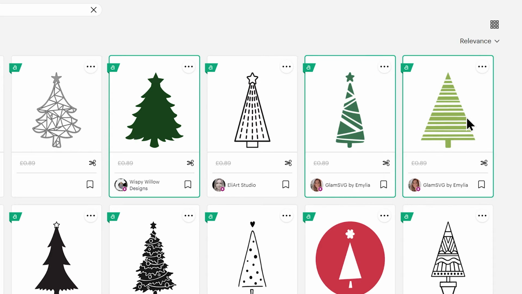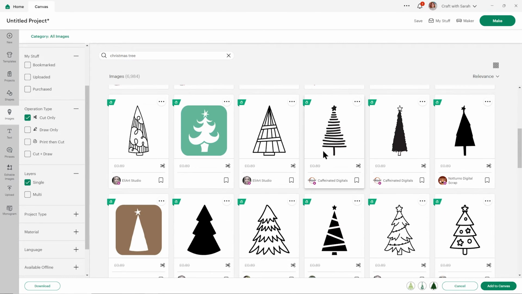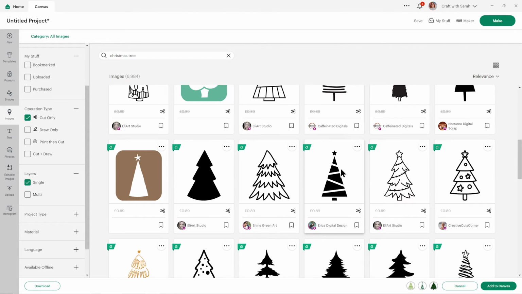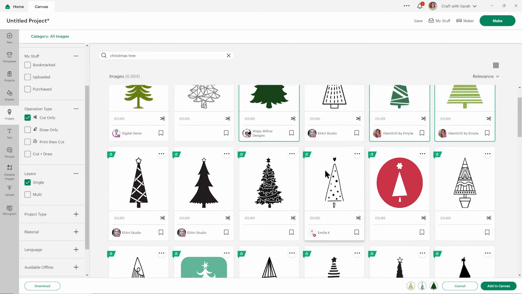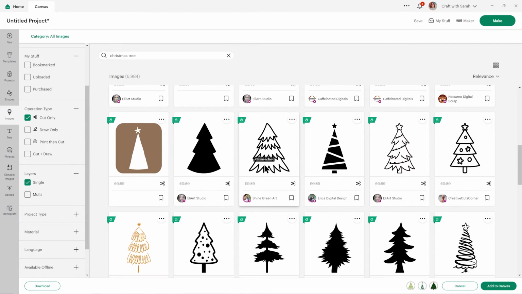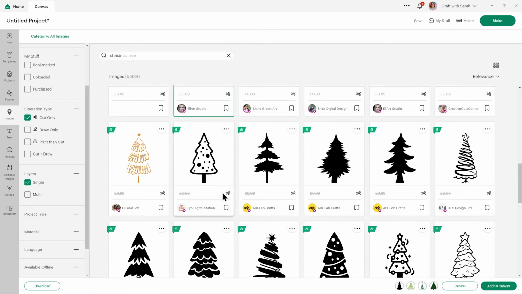This would be another one that would work great as a stencil. So I'm just going to have a little look through and choose a few more Christmas trees. And that's another one that would look great as a stencil, but it's kind of similar to those ones I've already chosen. So I'll try and find something a bit different. Now, something like this with all of those little spots would not be a good option to choose for this tutorial because when you cut this out, you're going to lose the middle and all those spots are just going to fall apart and it's not going to stay joined together and it's just going to be a little bit of a mess. Quite like that little tree, I'll choose that one.